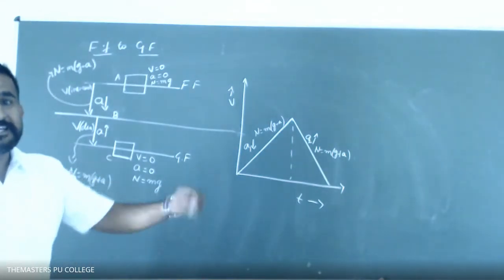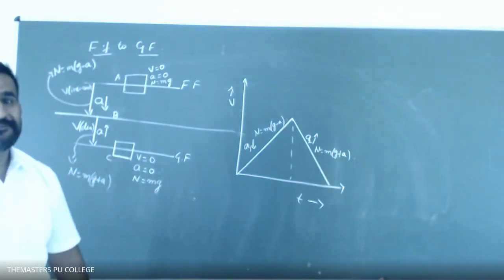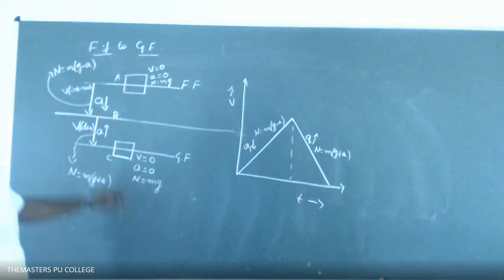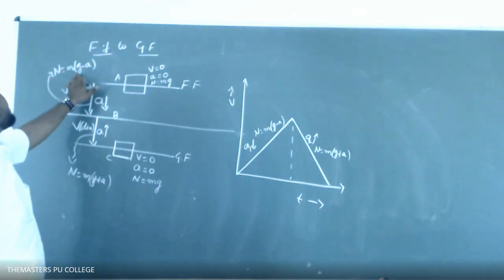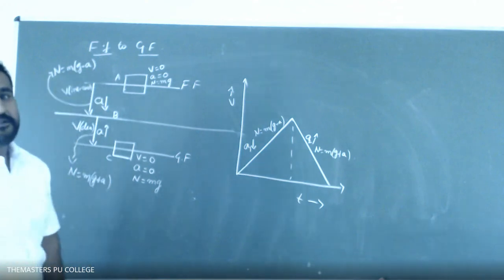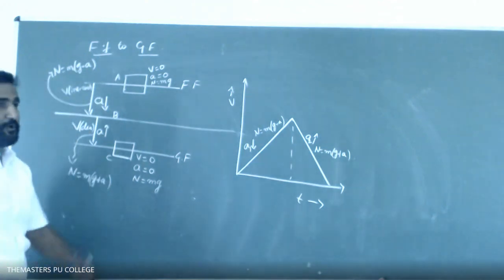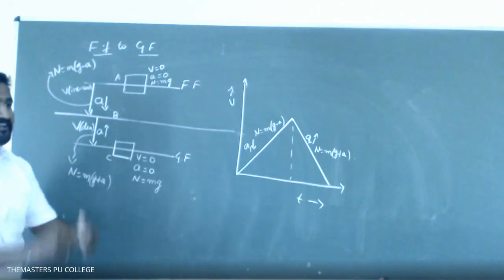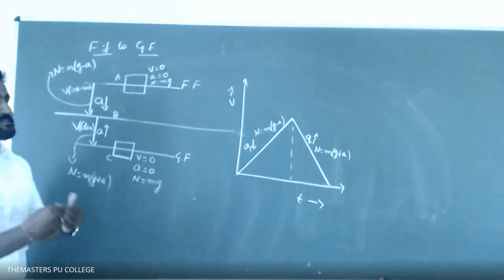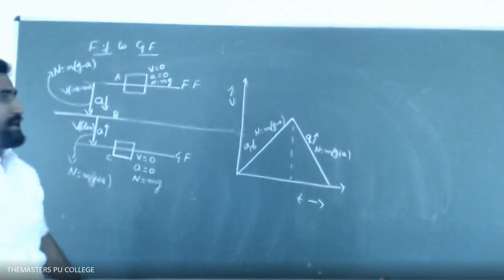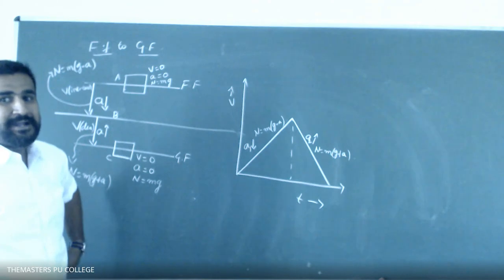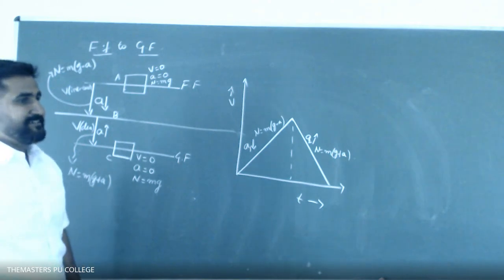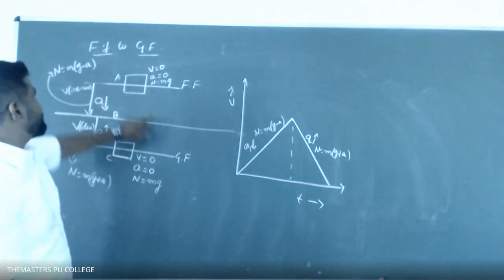Pressure goes on decreasing if a is greater than g. N1 will be negative most of that time. When this value is greater than that, N1 will be negative. That means the reaction force is much lesser. Correct? The reaction force is becoming much lesser; apparent weight is much lesser than the true weight. Is it right? Very good. Yes, a greater than g, we may get that kind of case also.